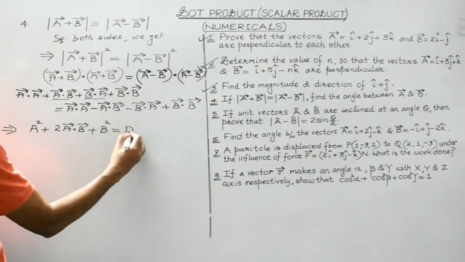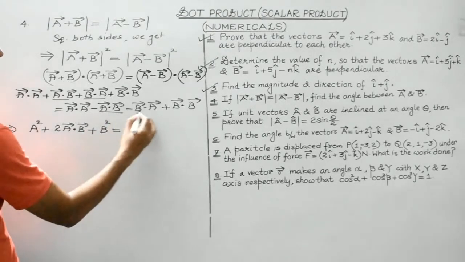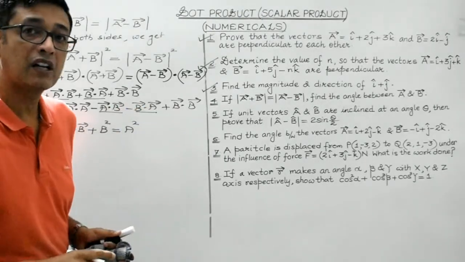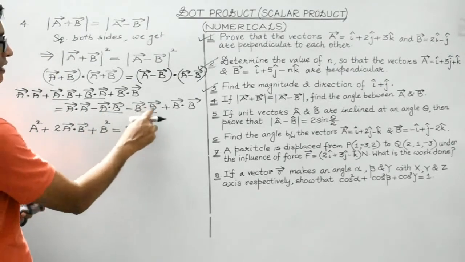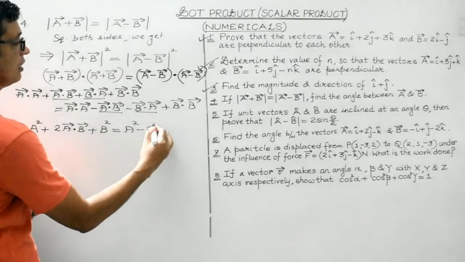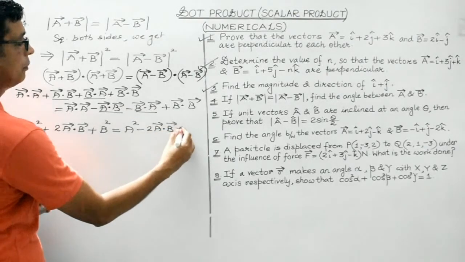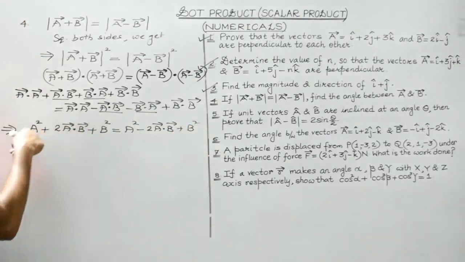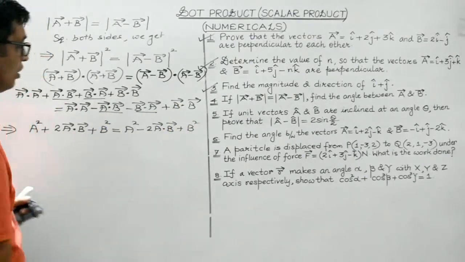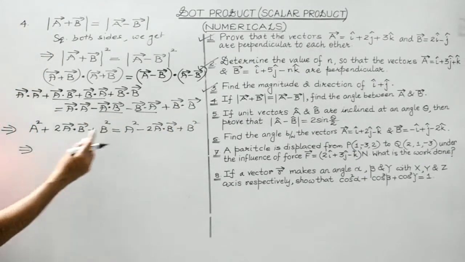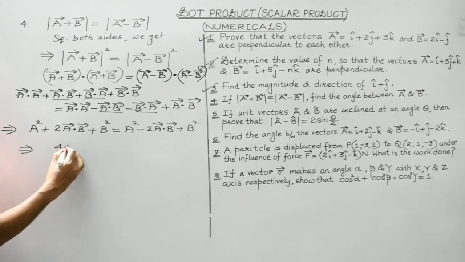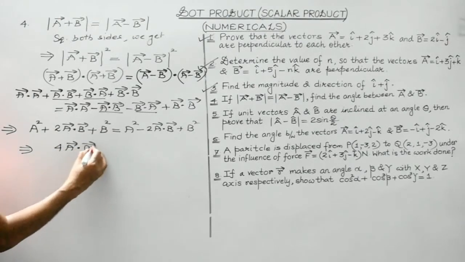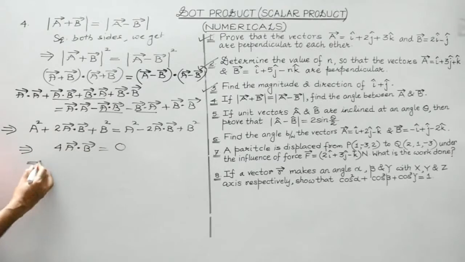The dot product of a vector with itself will give us the square of its magnitude. Over here we get A square. Again, these two are equal. Dot product obeys the commutative law, isn't it? So B dot A may be written as A dot B. So minus A dot B minus A dot B will give us minus twice A dot B plus B square. So A square, B square get cancelled out, we'll be left with minus 2A dot B, which can be taken to the left hand side. So what is left is 4A vector dot B vector is equal to 0,